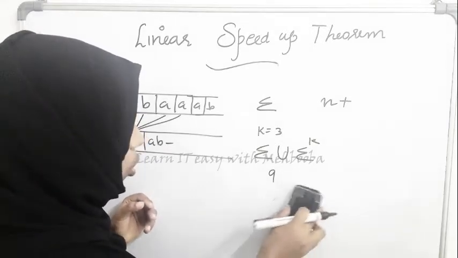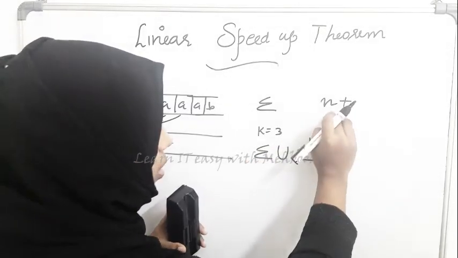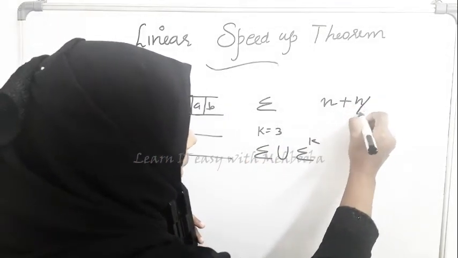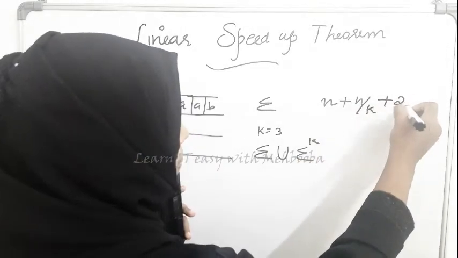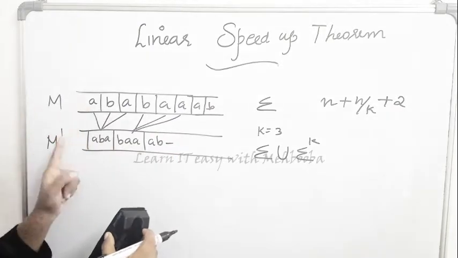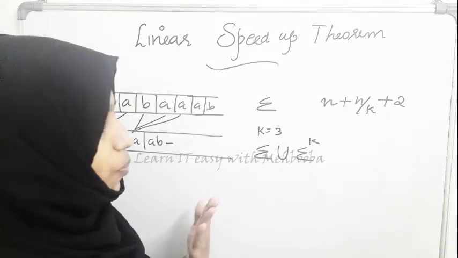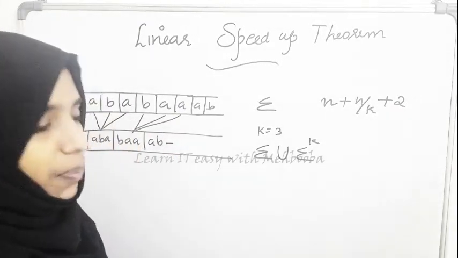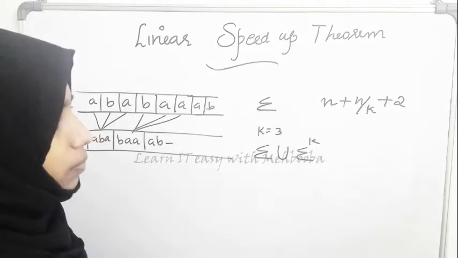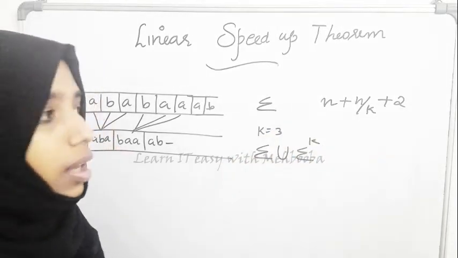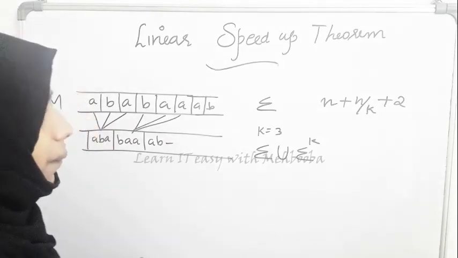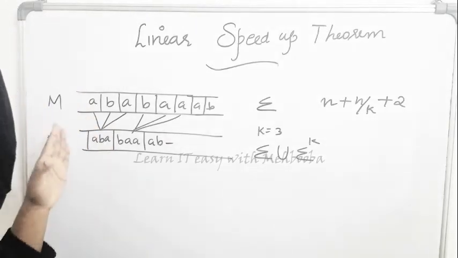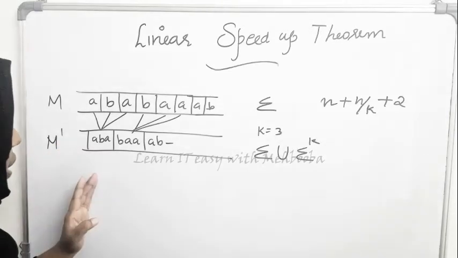So we need to copy the n symbols into n by k cells in the second tape, isn't it? Now we have to bring the tape heads of both M and M dash back to the leftmost position for further processing. So this is the complexity that we will take. Now, if we analyze it a little deeper, to simulate M on M dash, what we do is,